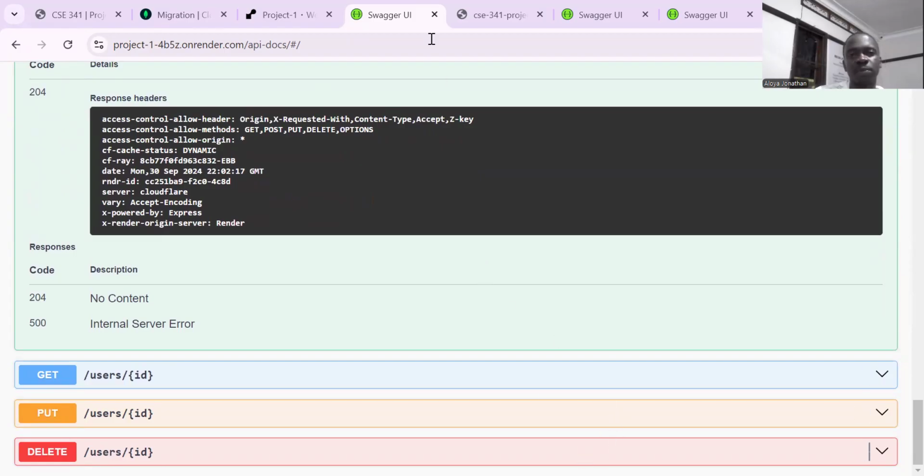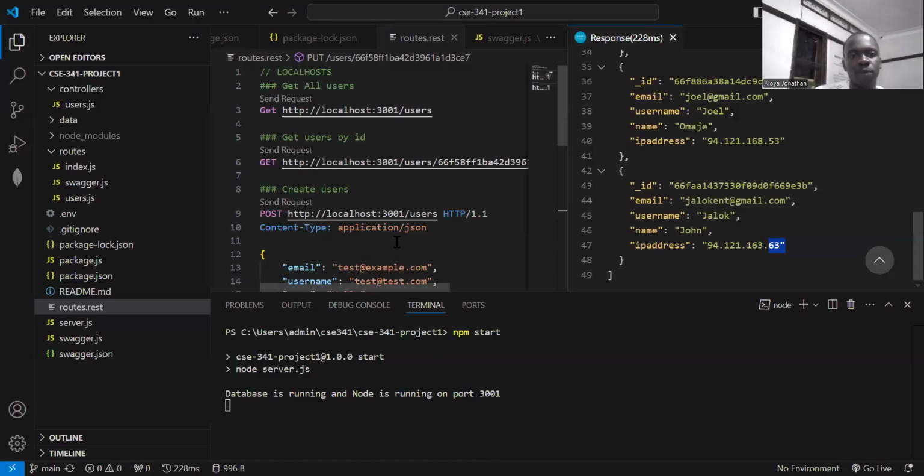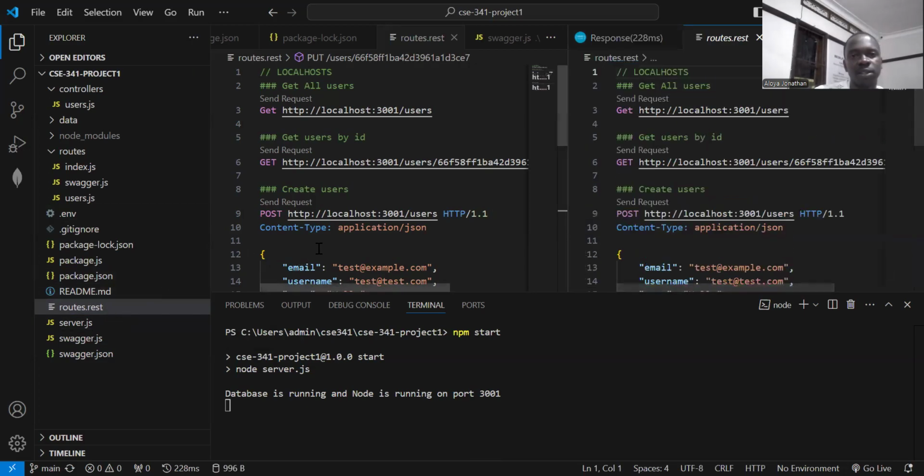So for the contact schema, if you come back here, you find that the information is stored the way it is right now. Everything works well. So for the rest file, it will hold all our